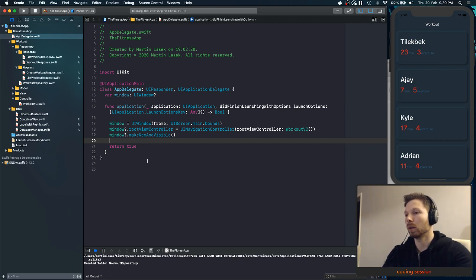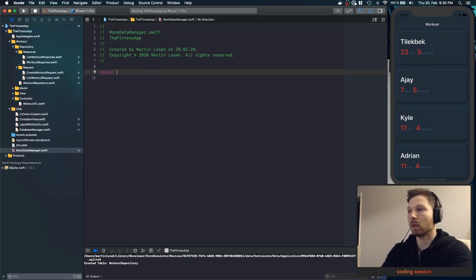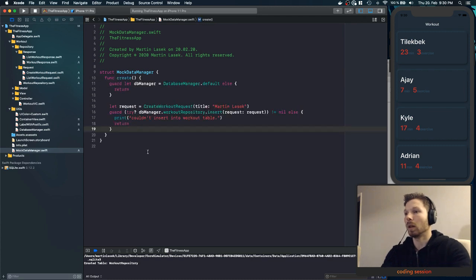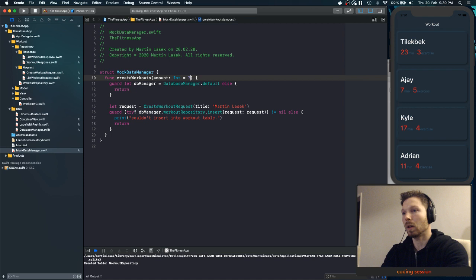Where do we want to put it? Let's create a new file and say just create mock data, or just mock data manager. Struct mock data manager create, and then we're just create say workout amount 7,